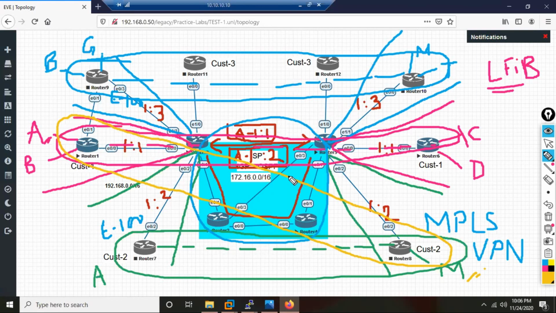So when service providers define the VRF for every customer, they always think, okay, for this customer we will have this RD. For one customer, they'll decide only one RD. We'll see all that tomorrow. Okay.